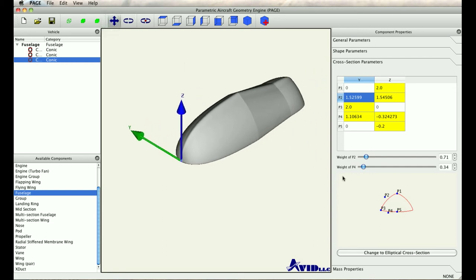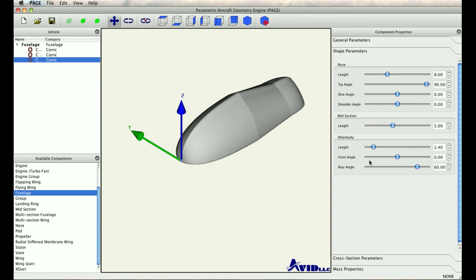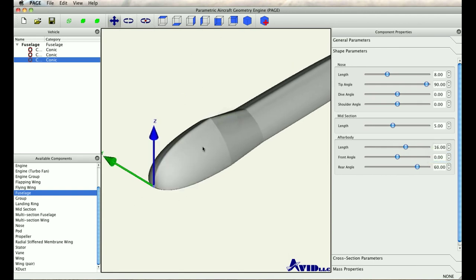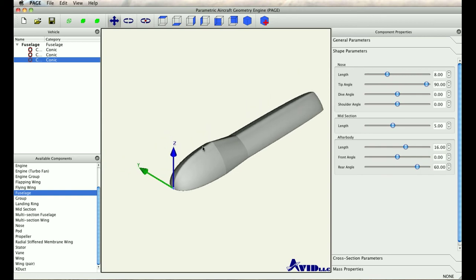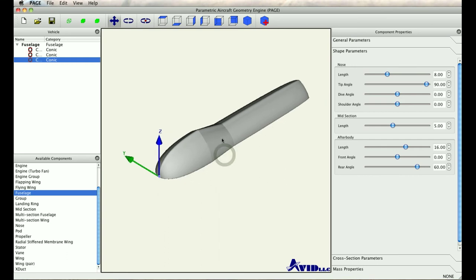the geometry over here. The last thing I need to do is change the afterbody length to extend that out. So I'm going to go back to the shape parameters, and remember these can be changed easily by just moving the slider bar or typing it in. I'm going to type it in and change the afterbody length to 16, and that just moves the afterbody over there. And I'm going to use my mouse scroll to zoom in and zoom out. So there you have it, very quickly, a rendition at least of a Predator UAV